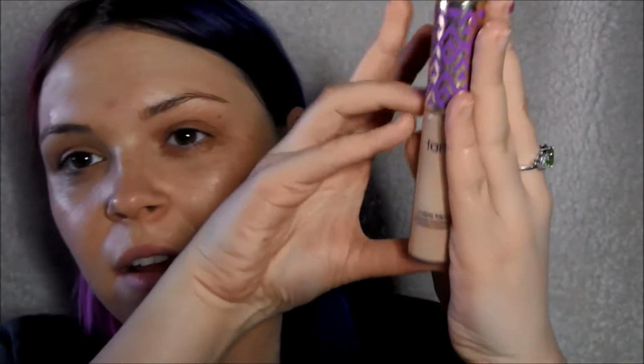Then next, for my concealer, I actually use the Tarte Shape Tape Concealer. Now my mum ordered this for me online, and it's way too dark. This is the colour light medium, but that is literally so dark for me. So I mix it with my MAC Prolongwear Concealer in NC20 just to brighten it up a little bit. But I'll just take this and pop it under my eyes